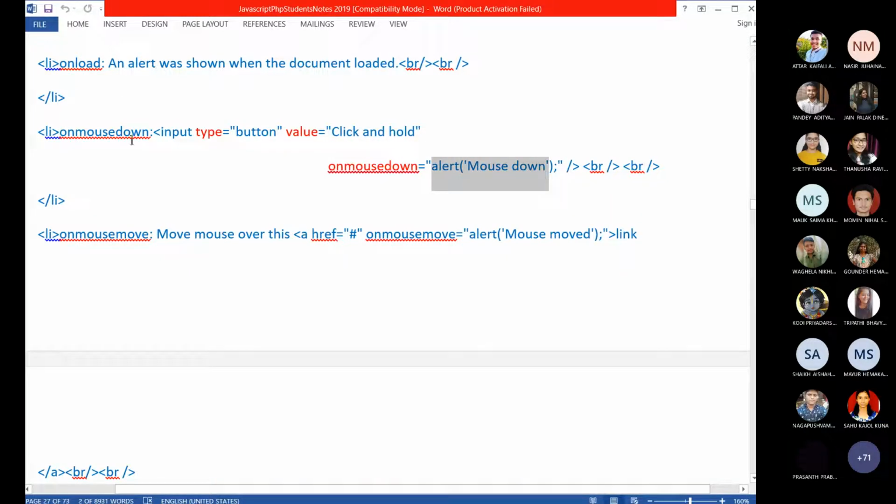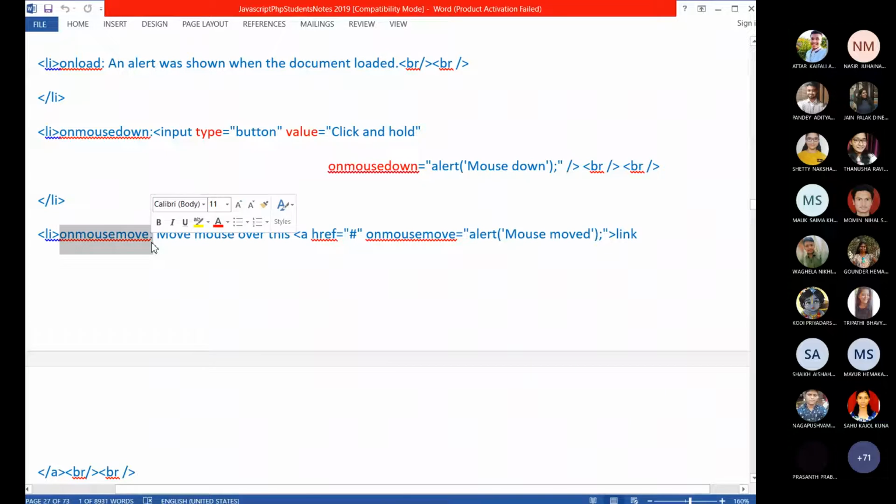You write on mouse down within the button, because a button is something you click using the mouse.